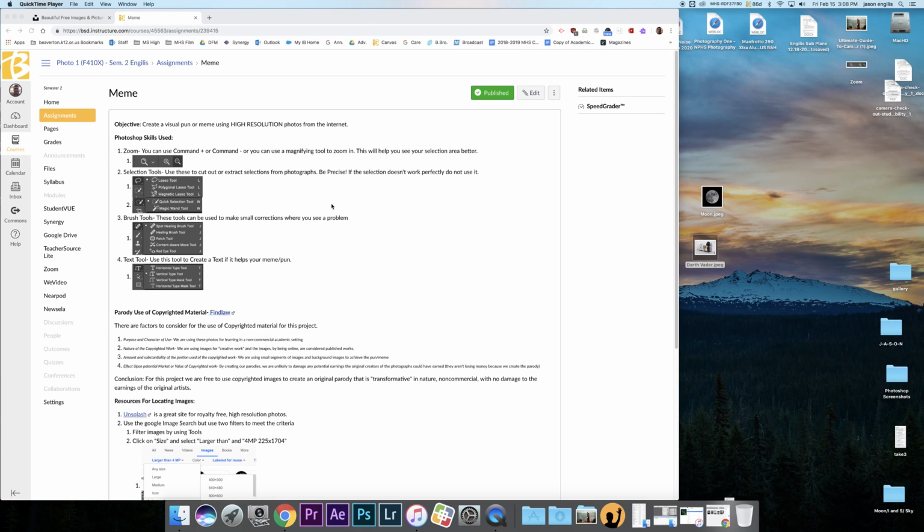Alright, welcome to the brief tutorial on the Meme Pun project. In this tutorial you will be using the zoom tool so you can see your selections. You'll use one of these selection tools to get the cleanest selection that you can. Remember, credit here goes for precision. And brush tools might help you clear up some corrections, and the text tool may help you add some text to